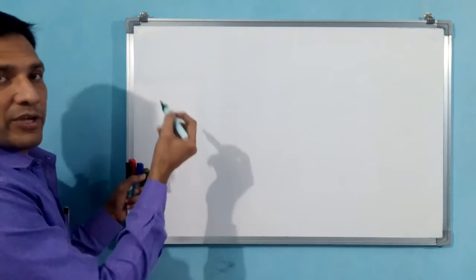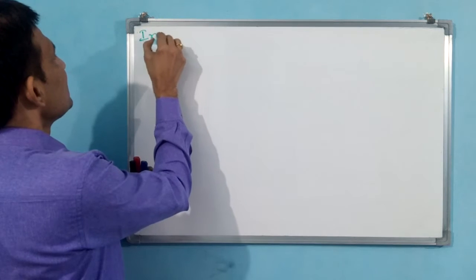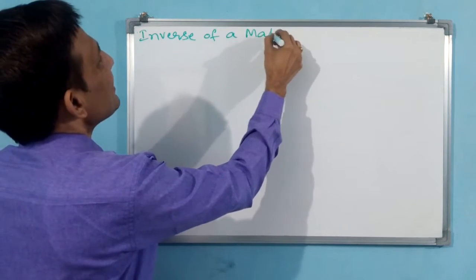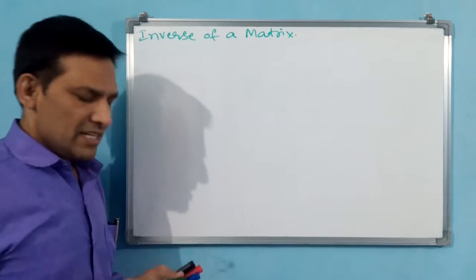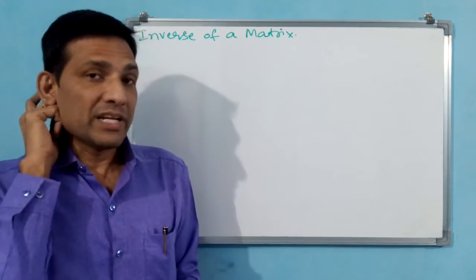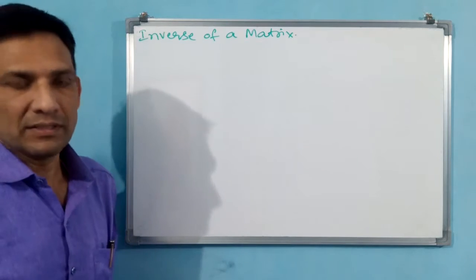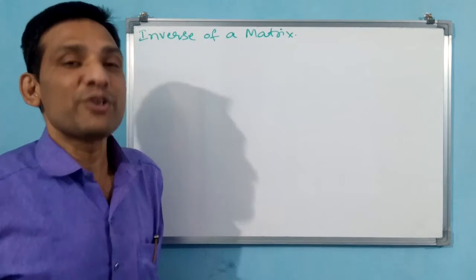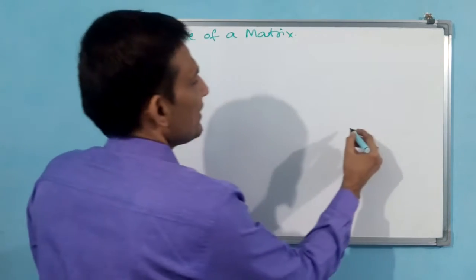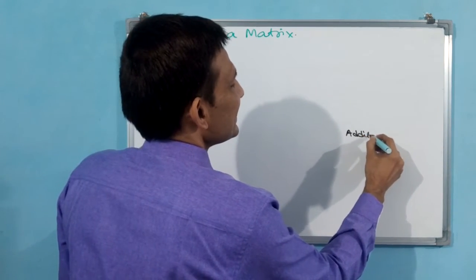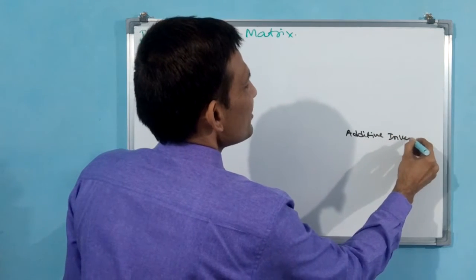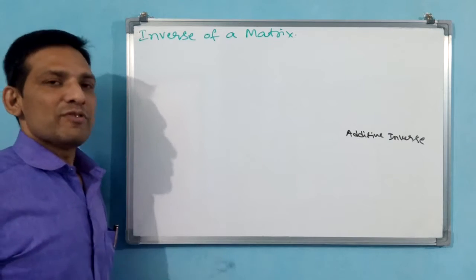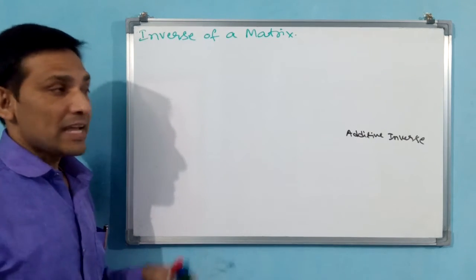Okay. Now see inverse of a matrix. Normally we write inverse of a matrix, but here inverse is multiplicative inverse. Already we have seen one inverse of matrix. What is that inverse of matrix? Additive inverse of matrix. Additive inverse we have seen already, in properties. There we said additive inverse and we closed at the time.